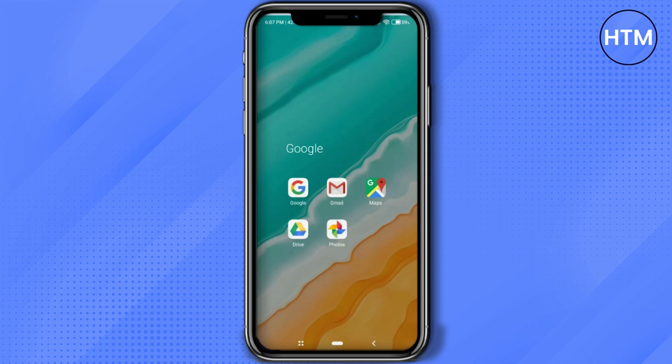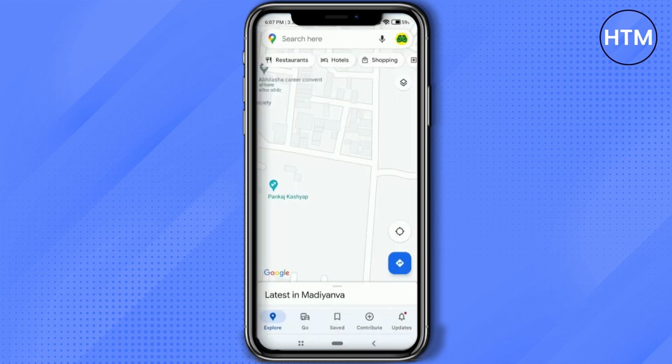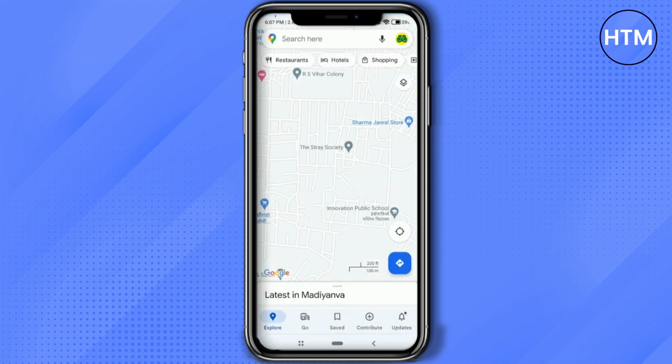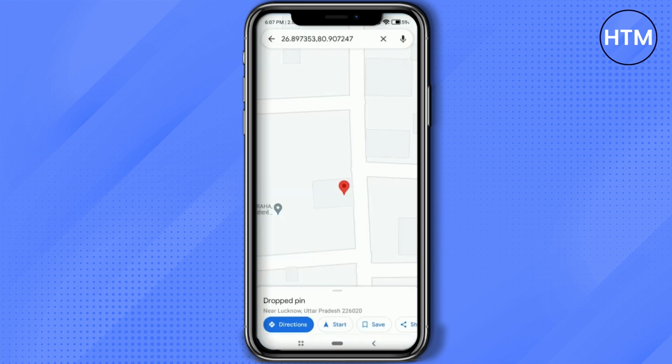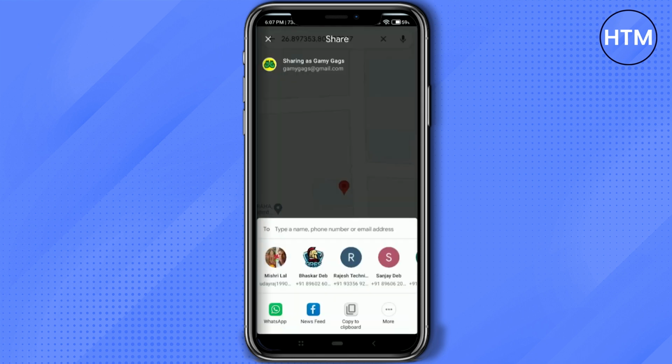Now, firstly open Google Maps, then simply choose a location that you want to add the QR code of. Let's say right over here, I want the location of this particular place. Then click on that place, hold for a few seconds, and this pin will appear. So now all you have to do is click on the share icon over here, then click on copy to clipboard